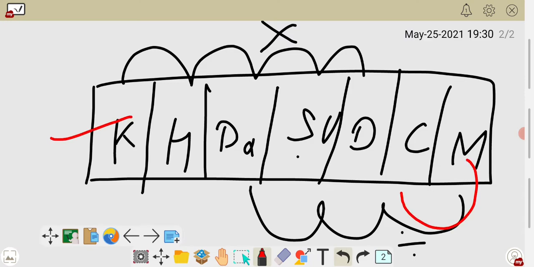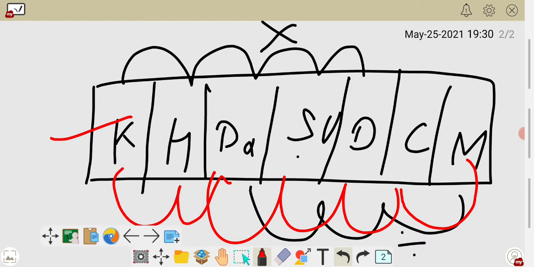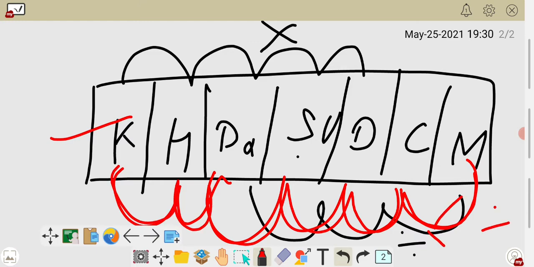So you have to come this side from one side: 2, 3, 4, 5, 6. You have to move one step, two step, three step, four step, five step, six step. When you move this side, you have to divide, and when you move this side, you have to multiply. It means you have to divide it by how many times? 6 times. It means 1 and then 6 zeros.